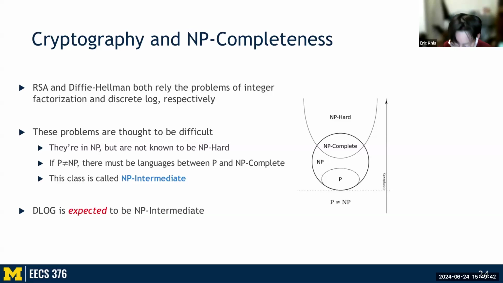Obviously RSA and Diffie-Hellman are not the safest cryptography systems, but the reason they are considered encryption is because the discrete log conjecture is hard to solve. And the discrete log and also integer factorization, these two problems are believed to be NP-intermediate,